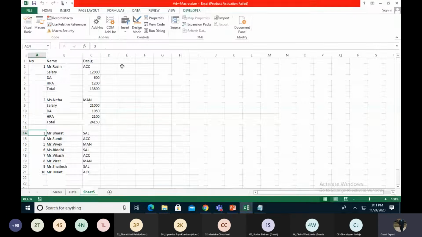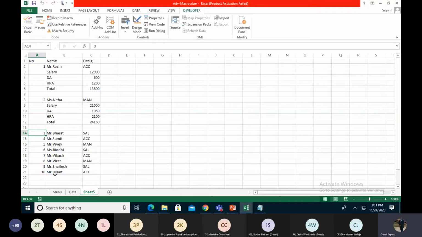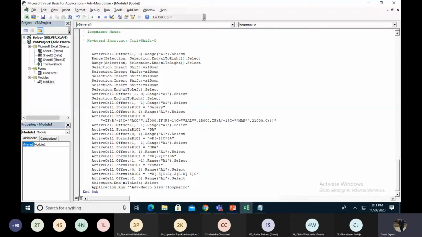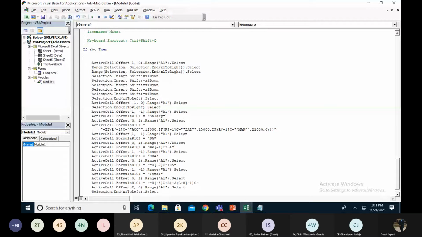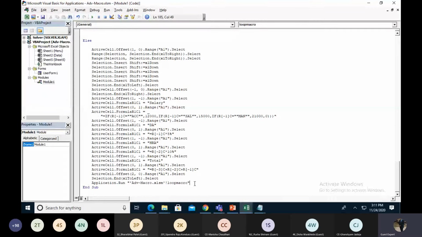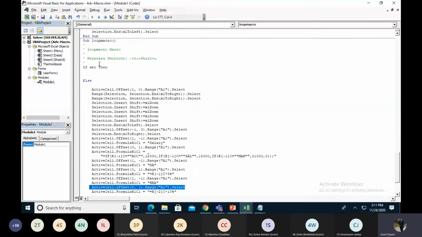My rule is that after the 10th entry, the macro should stop immediately, so I'm using the if condition. I make ABC, else, and end if. I select the active cell offset 0,1, and when I put ABC, I remove it.